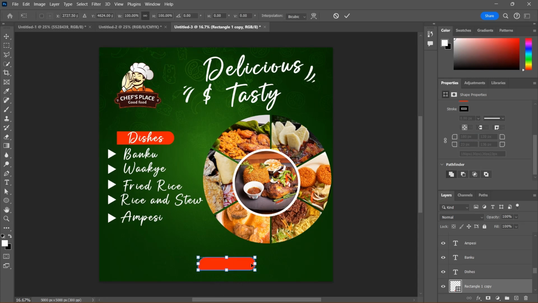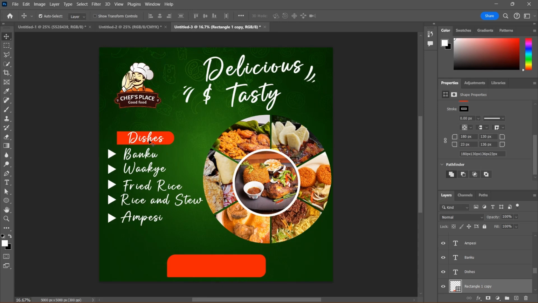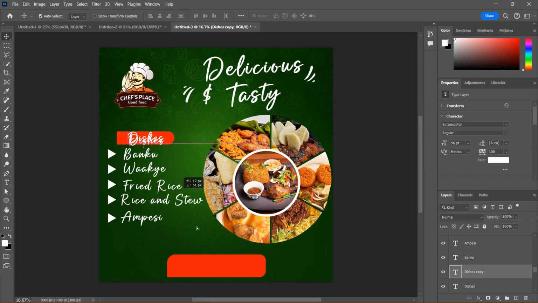Yes, and I'm going to stretch it a bit, place it at this position, and I'm going to bring this text here. I'm going to edit the text to say order now. Yes, we are done. So this is how we've been able to create this simple